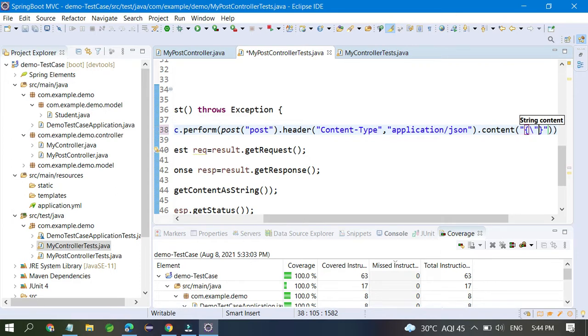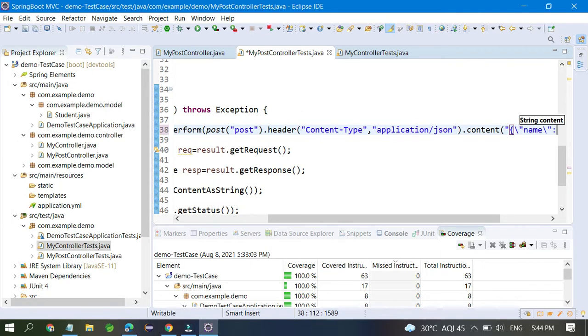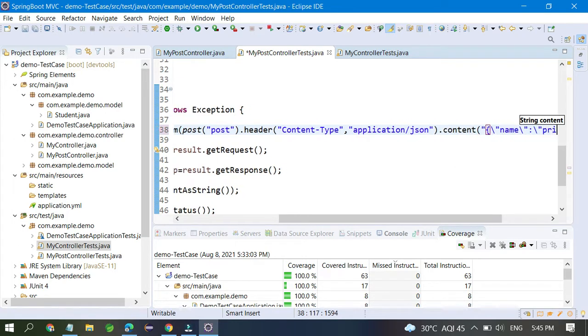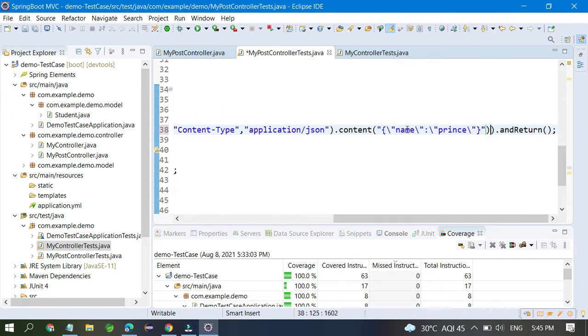Yeah, you can say variable name, so the variable name is name, and again slash, double quote, colon, and then after the colon you have to write slash and your data, like Prince. If you write the data, then again slash, double quote. Okay, fine. So you are sending one data, it should be fine. And apart from this, if you want to send anything, you can send it, otherwise it's not required.